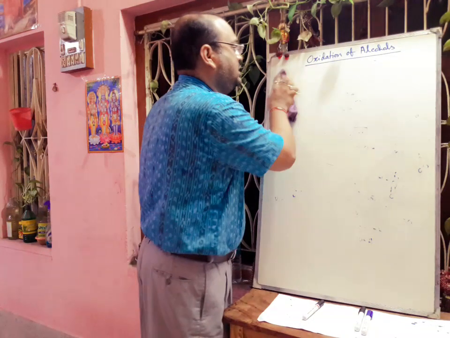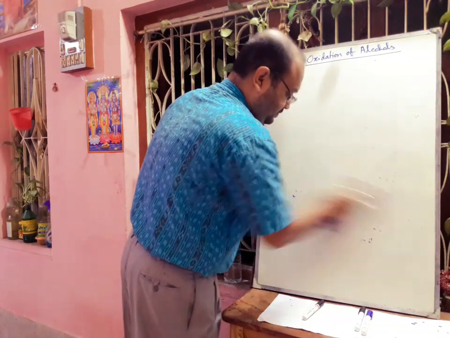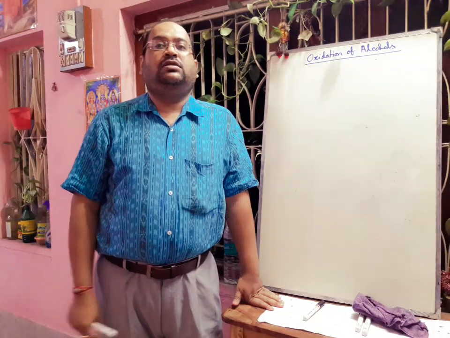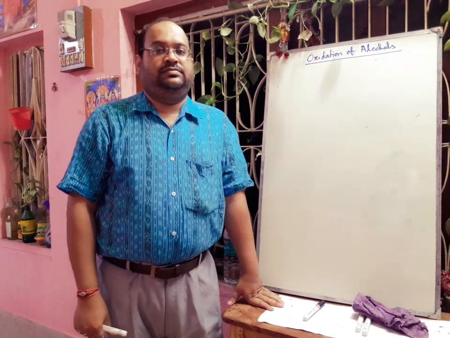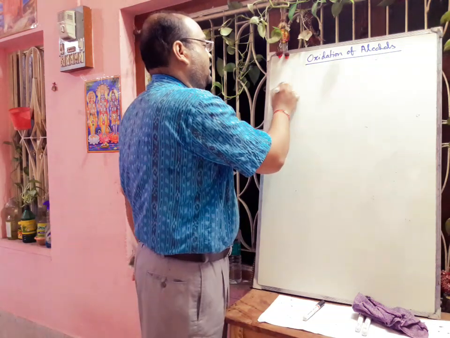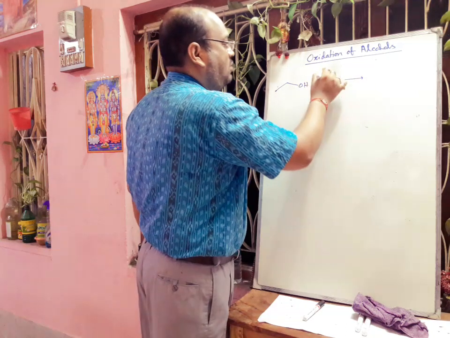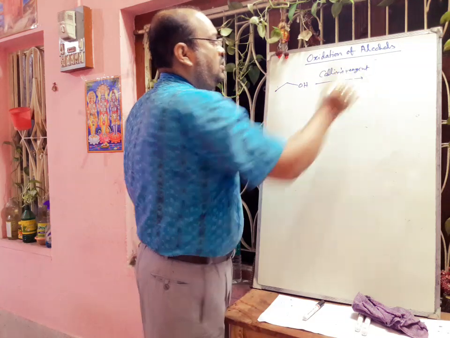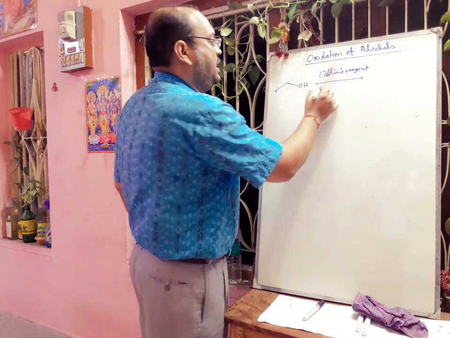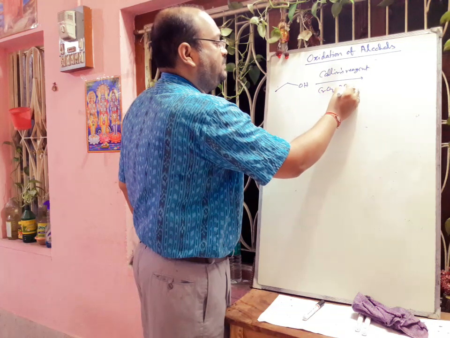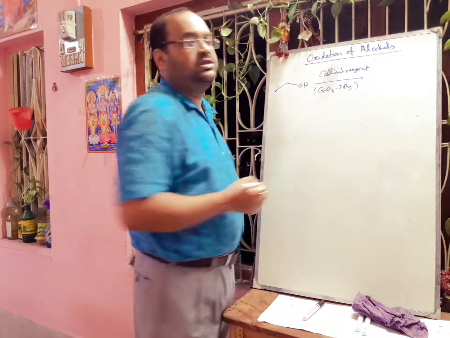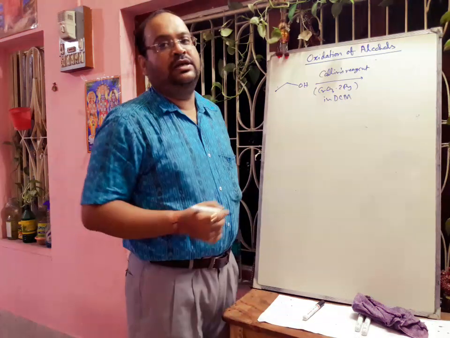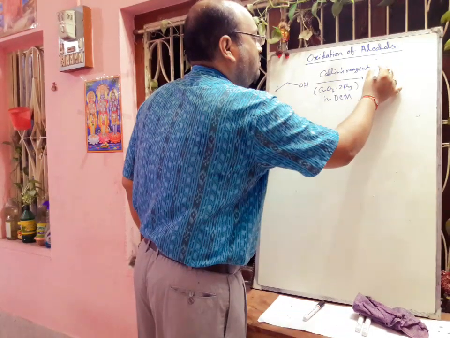Next we will discuss another very important reagent for oxidation. That reagent is called Collins reagent, and if we take the corresponding alcohol and add this Collins reagent, which is chromium trioxide dot twice pyridine, used in the solvent DCM, dichloromethane, then it will form aldehyde.